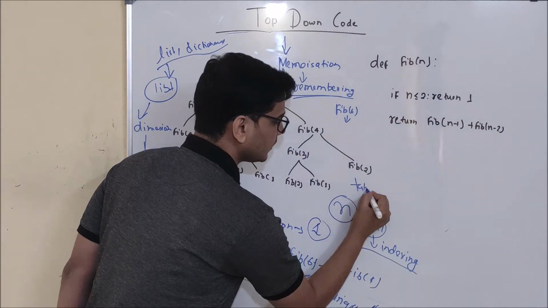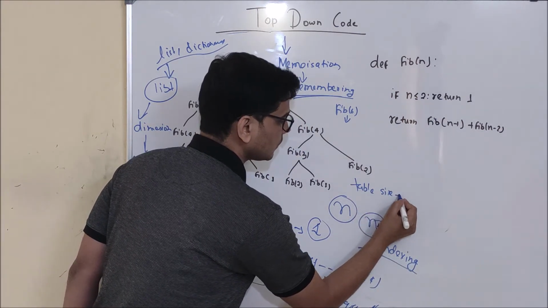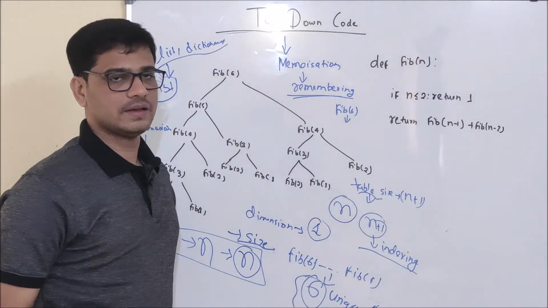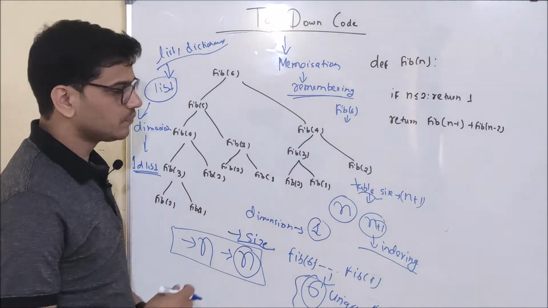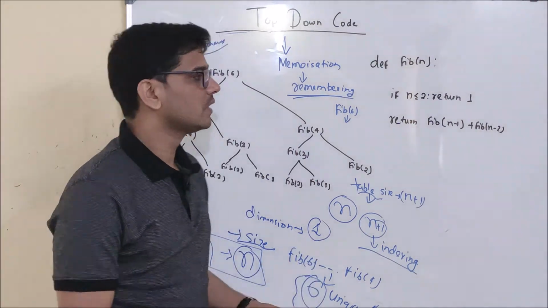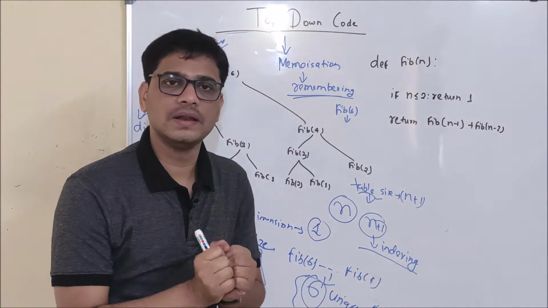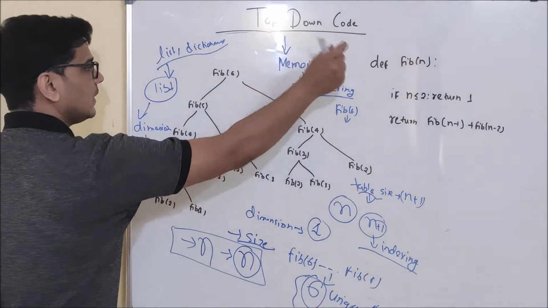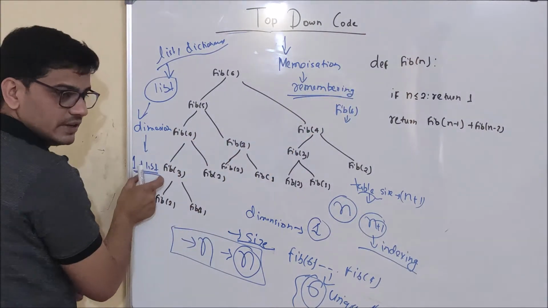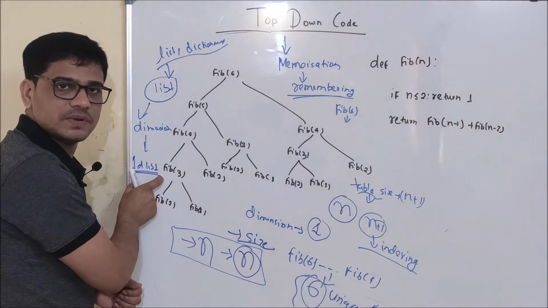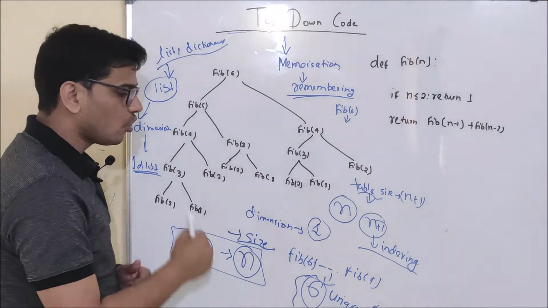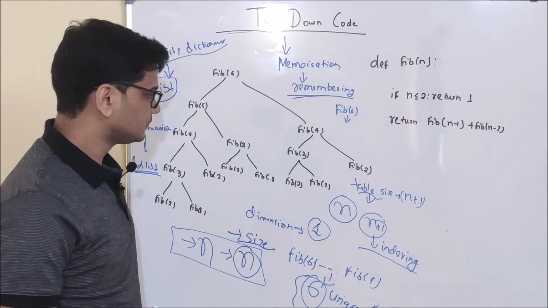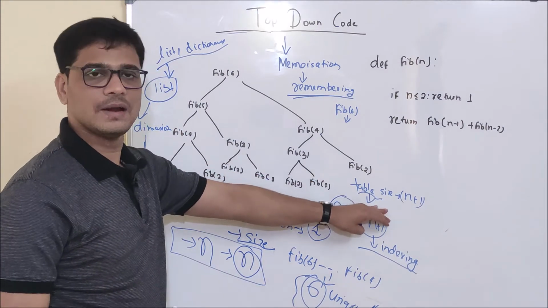Now we have the table size. And one more thing, I am saying table again and again instead of list. Why? In dynamic programming, theoretically, we basically use a table. Depending upon the language you are using, here it is a list; if you use C or C++, it will be an array. So a common term is table, and that's why I keep saying table.